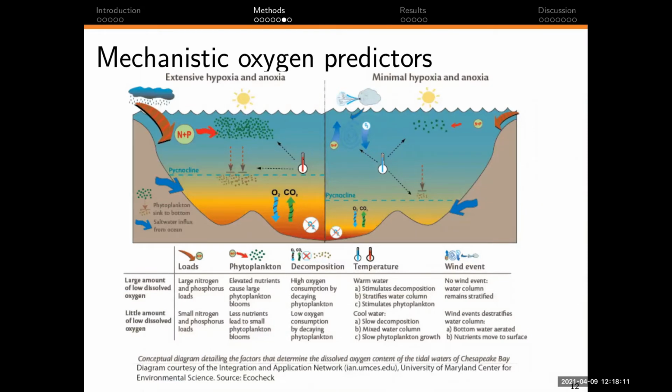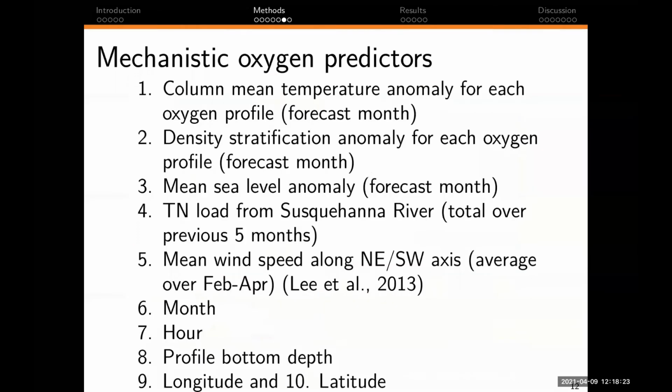So our goal for this study was to try to build more of a mechanistic model that we could interpret a little bit. So we wanted to focus on these well-established drivers of hypoxia, rather than trying to do some more exotic machine learning where we have a wide variety of predictors with more dubious connections to hypoxia in the bay. So we used a total of 10 predictors to try to predict the oxygen in the bay with this machine